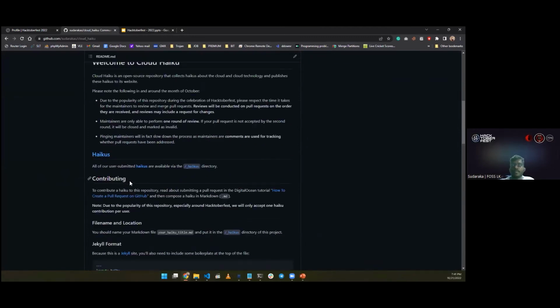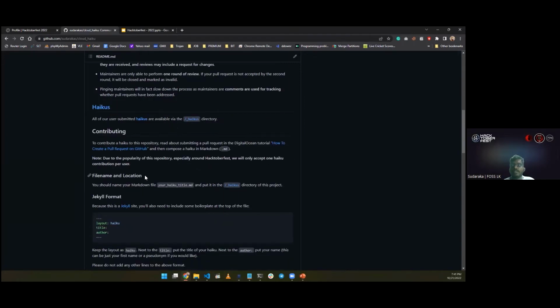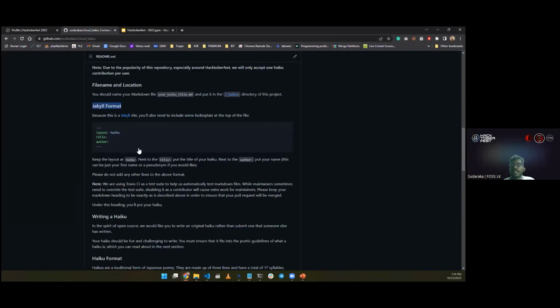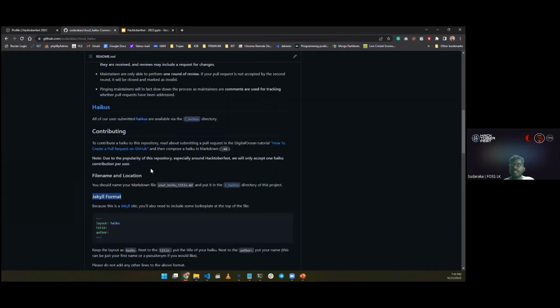You can see all the rules and the structure you should follow in order to do the contribution. Let's say the file name and location, what the format is, those kinds of things. All the things are mentioned here. You can follow this documentation in order to do the contribution.